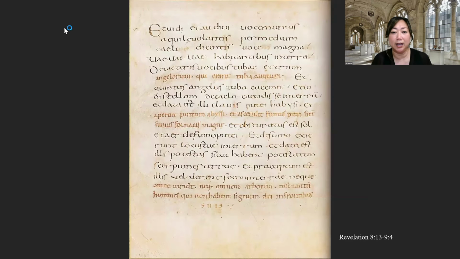So this is the Latin page starting with chapter 8, verse 13. So it says, and I don't know how many of you have Latin, but I'll read it and maybe you can guess just from what I say, what it's saying. So et vidi et audivi,